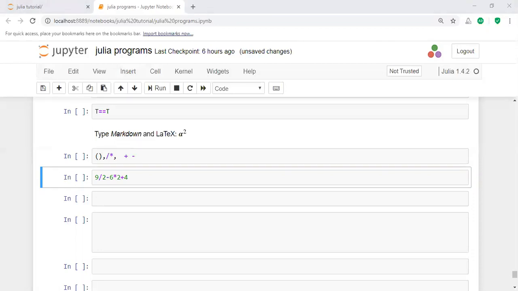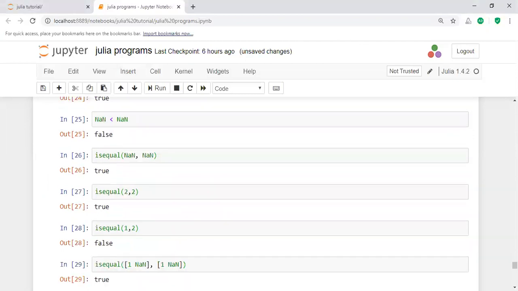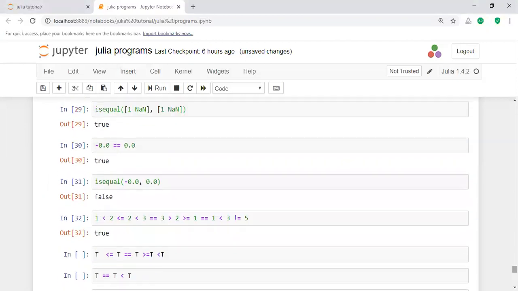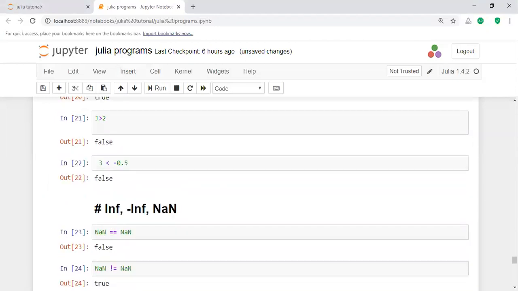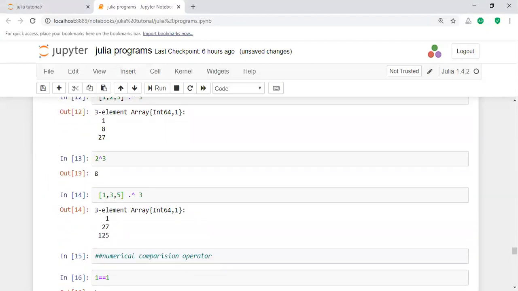I did not identify the symbol for the unary plus, though I already explained the unary plus symbol. Where is the unary plus symbol here? I want to know the unary operators. Where did I identify the symbol?